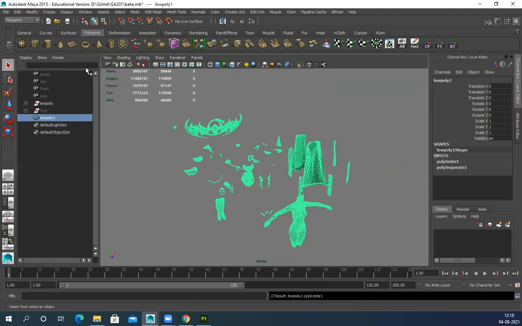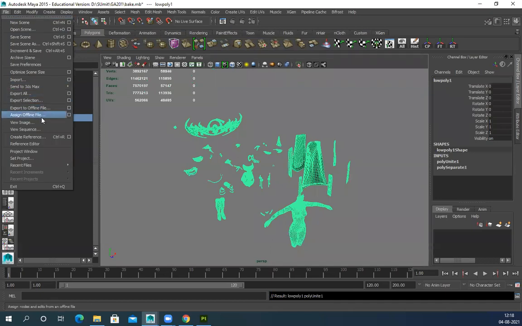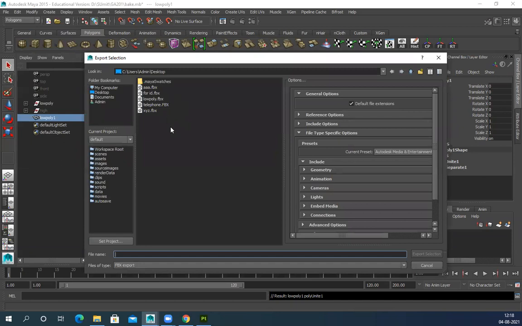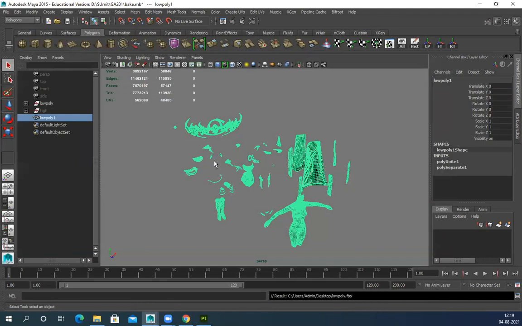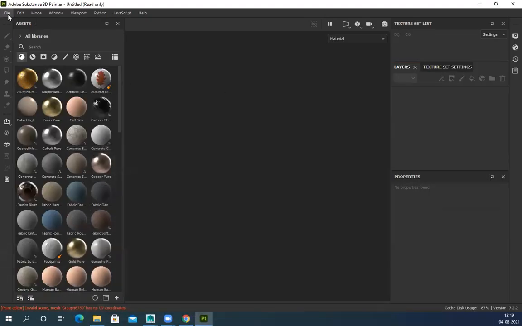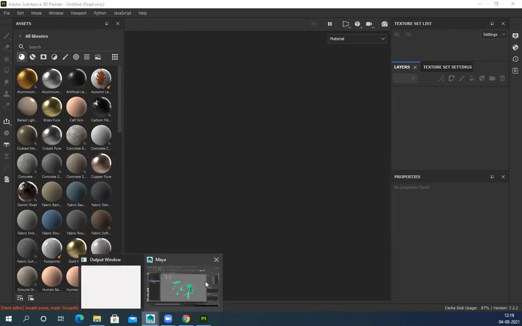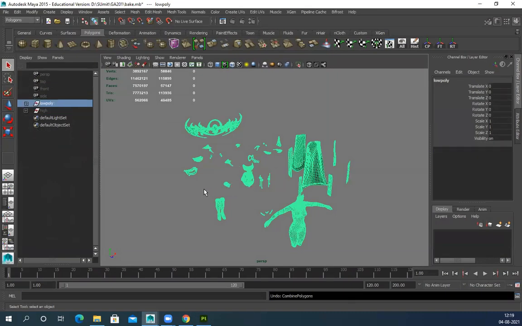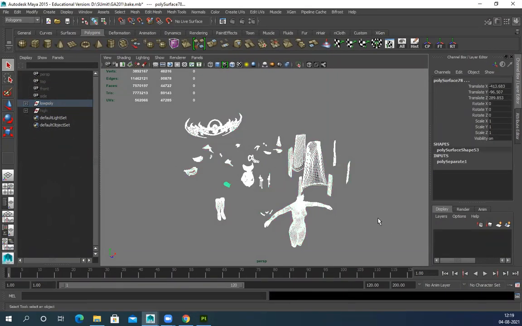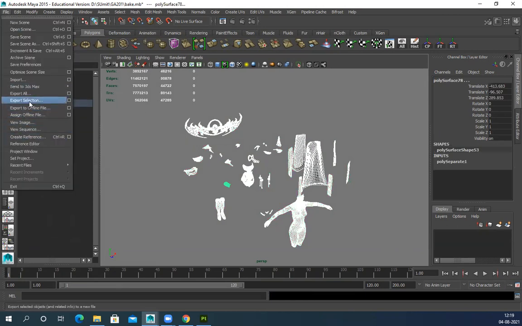combine it. Make sure all the materials and all those things are separated already. Oh, my bad. One sec. I only need to export this part. That's the problem.